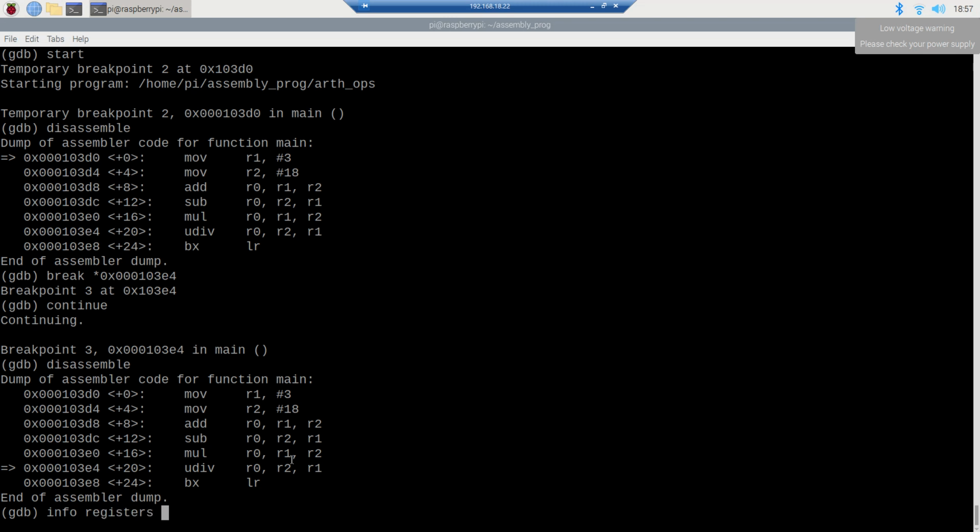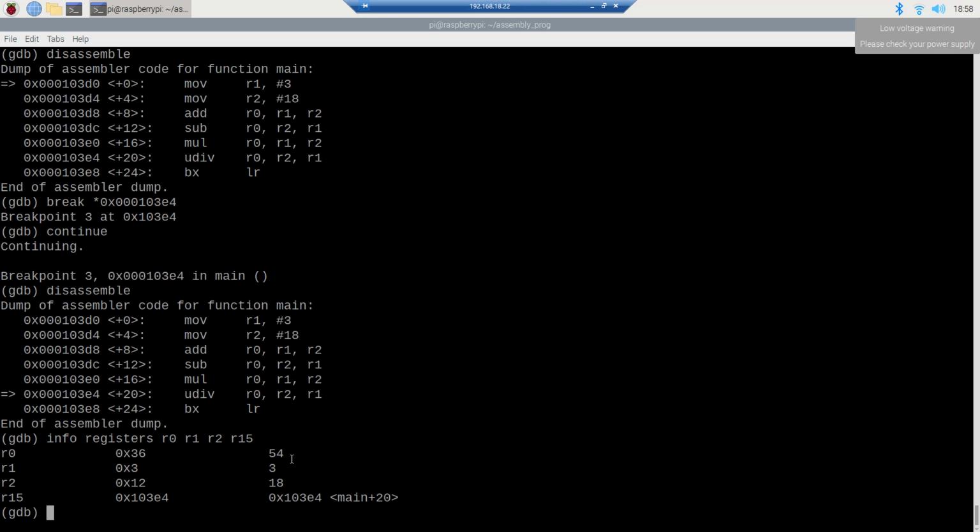for registers, we have R0, R1, R2 and R15. You can see that the last instruction was the multiplication, so the answer in R0 is 54, and the other two have 3 and 18, R1 and R2. R15 now has the address of the next instruction, which is the division instruction. So if you just want to execute it,